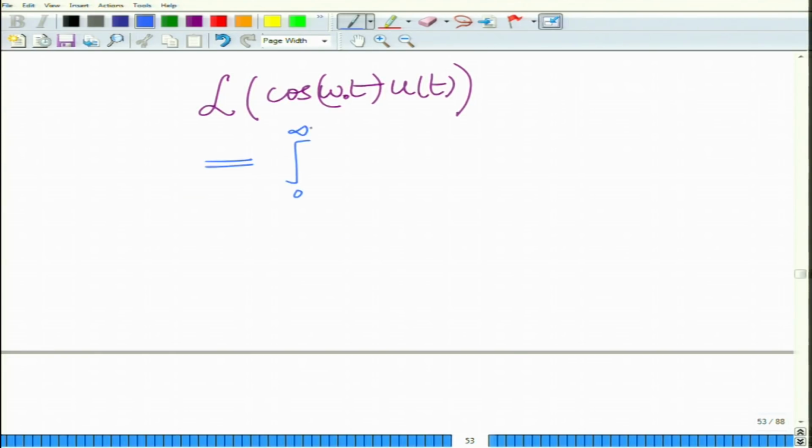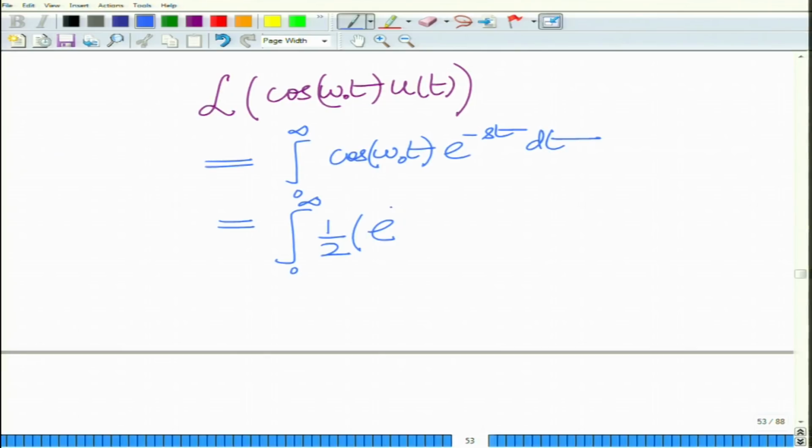So, this is equal to the integral from 0 to infinity of cosine omega naught t e to the power minus st dt, which I can write, with cosine omega naught t as half of e raised to minus j omega naught t plus e raised to j omega naught t,